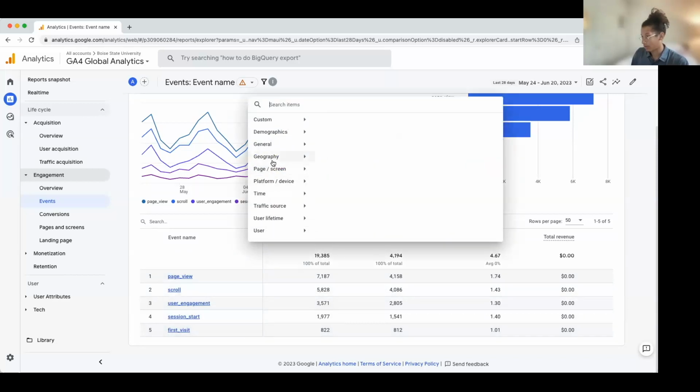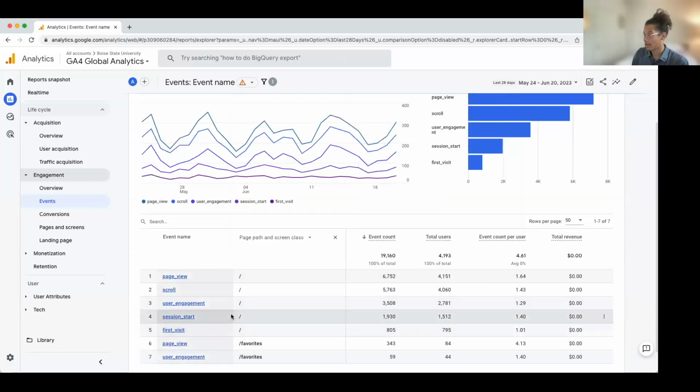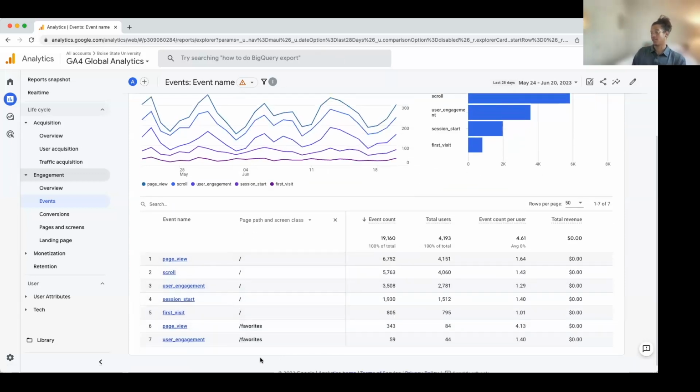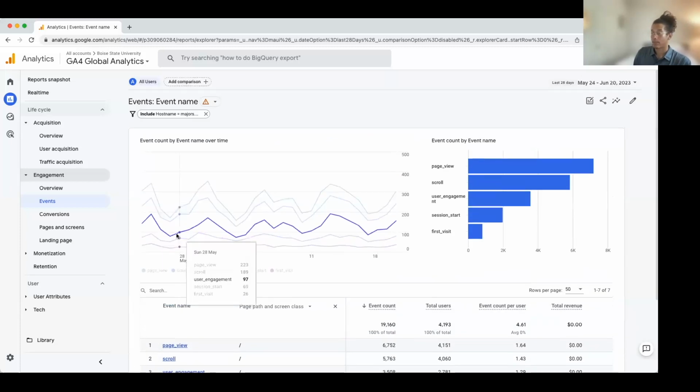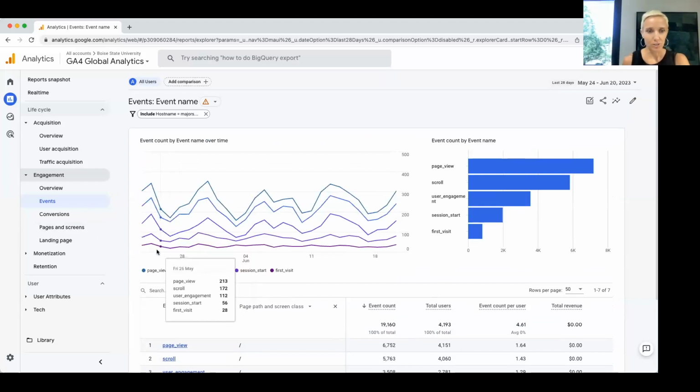And now let's add page path. This is where we're going to see our different page paths on here. So this actually adds a little bit more. We have some user engagement and page views on the slash favorites. I think that host name only is a single page application, so it only has the one.